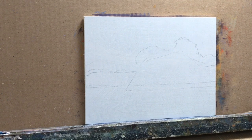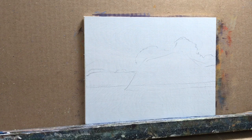So today we're going to have a Florida landscape. I'm just going to show you the steps and the process of how I go about it. So here's my drawing. The colors that I have on my palette is